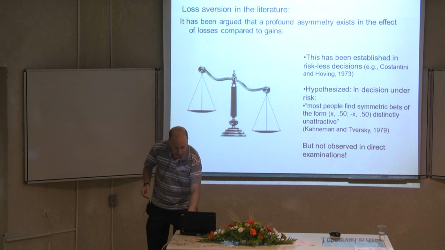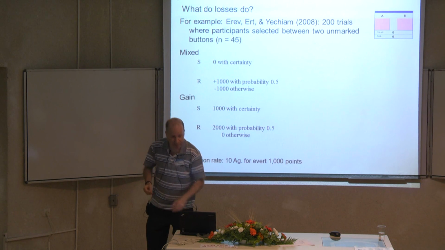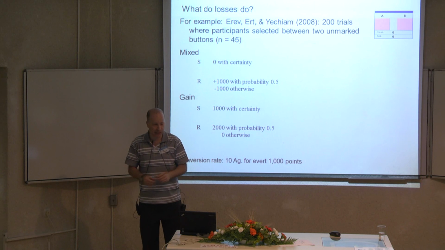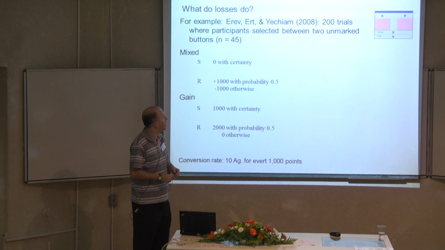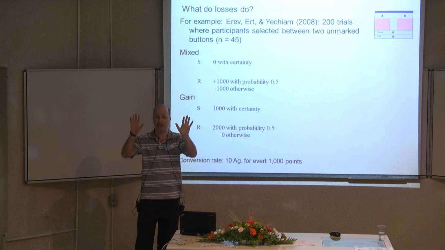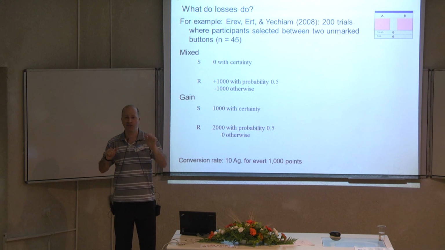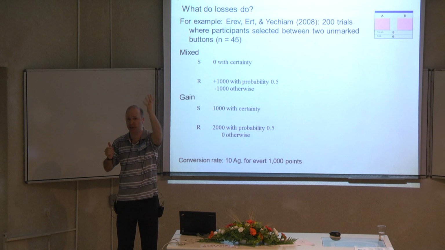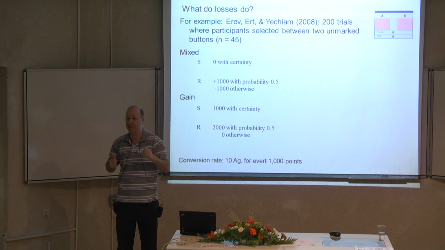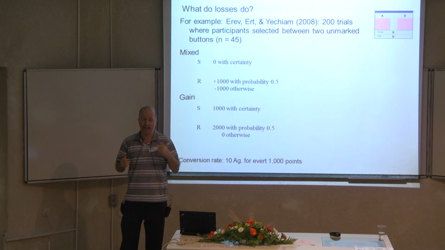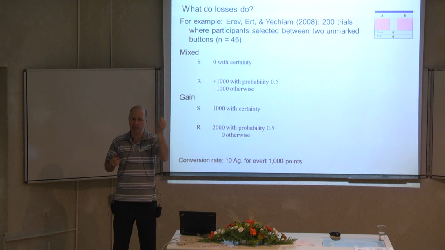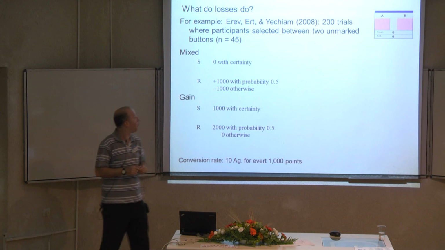And let me show you one of the experiments. We didn't find loss aversion. This is one of the experiments that we ran. In this paradigm, you don't have easy descriptions of probabilities and outcomes. You have buttons, and you learn from your experience. You press a button, you get some outcome. You press a button, you get some outcome. You do that many times. And the outcomes from the buttons are drawn from a gamble in the following manner.